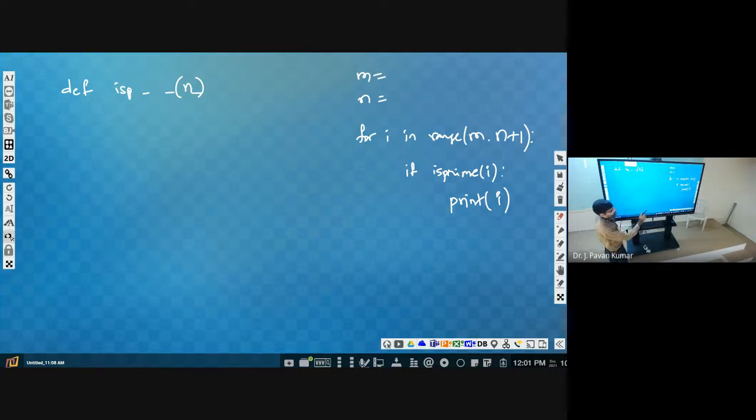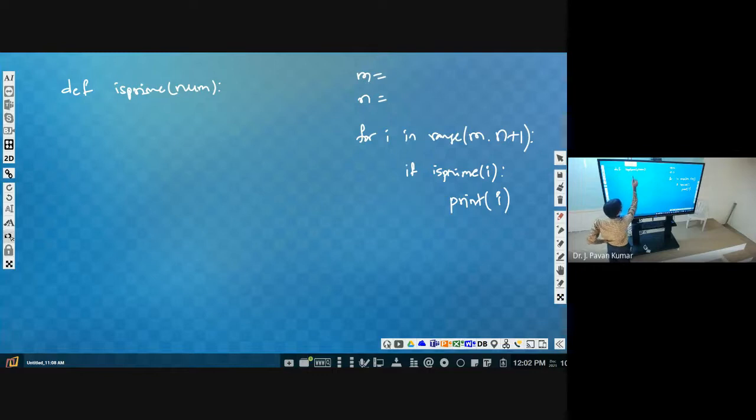Actually we can take, but better not to take. So you change here, that's better. Is prime of, here you use number. You can use n here and here as well. It will be considered as a different value, but better don't use like that. Why? Because you will get confusion.